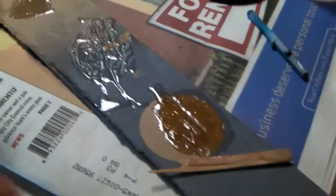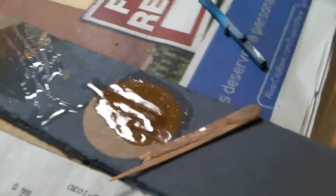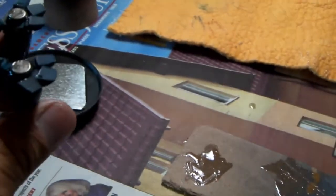Hey, we're back real quick. I just made a big old glob of the 5-minute epoxy right there on my little cardboard thing, and I got a little popsicle stick to mix it with. And I got this setting in there, nice and tight. And then I actually, instead of using super glue, I went in with the epoxy to put those in. It'll give a nice solid